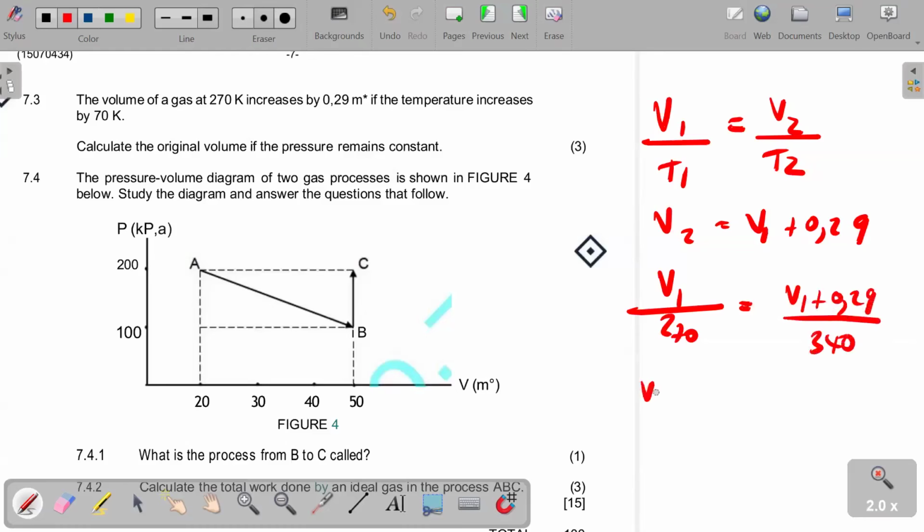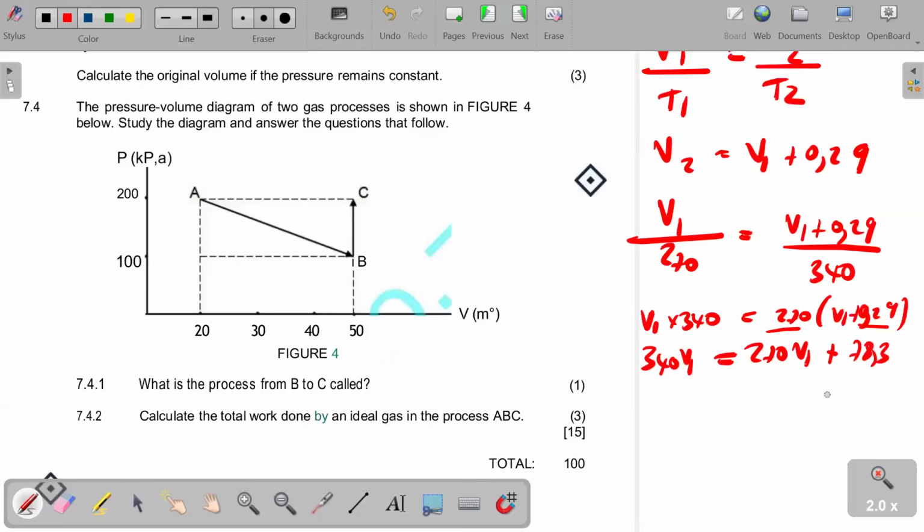Cross multiplying, V1 times 340 is equal to 270 multiplied by V1 plus 0.29. That gives us 340 V1 equals 270 V1 plus 270 multiplied by 0.29, that is